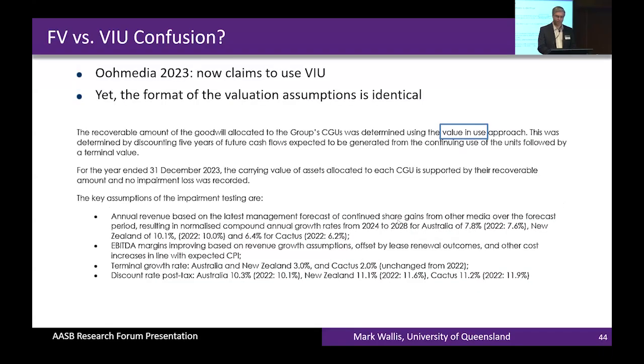And the next year, we've got pretty much exactly the same type of disclosure, but now it's described as value in use. And in fact, the valuation inputs are the same. So the comparative figures are the same, implying that the firm essentially viewed fair value and value in use as the same thing, at least fair value using the income approach. So I think, to me as an investor, that would be confusing as to why some firms are using fair value, why some firms are using value in use, but then seeming to apply it in exactly the same way.